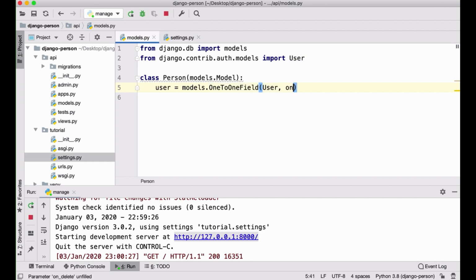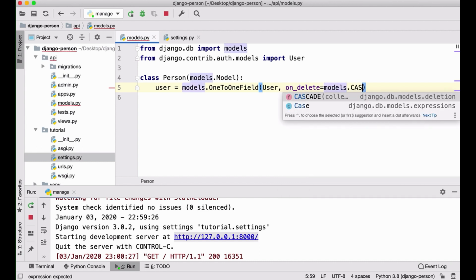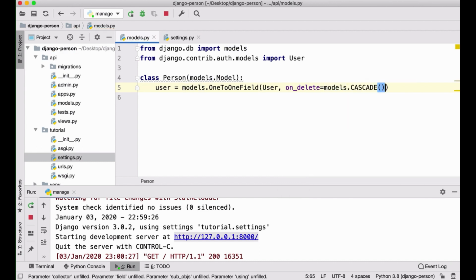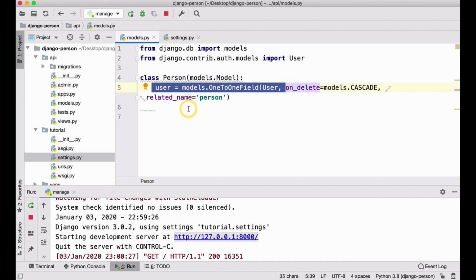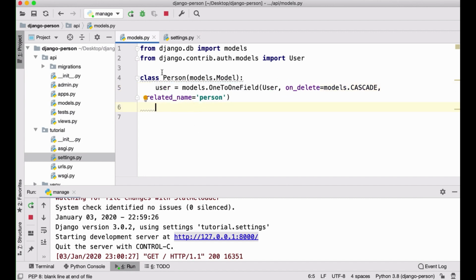I can put on_delete, and then I can do models.CASCADE. I don't need parentheses, and then I can add related_name person here. Okay, so we have our link, and I will show you how it works later on. And let's add some extra information. At this point you can add here whatever you like. Whatever you need to store for your users, you need to put it here on that model. So I'll put, for example, age,